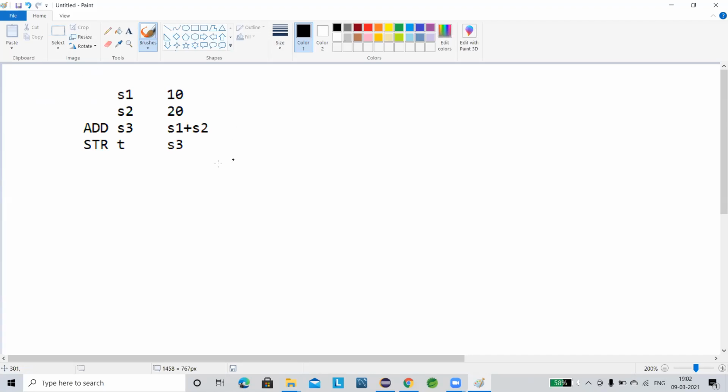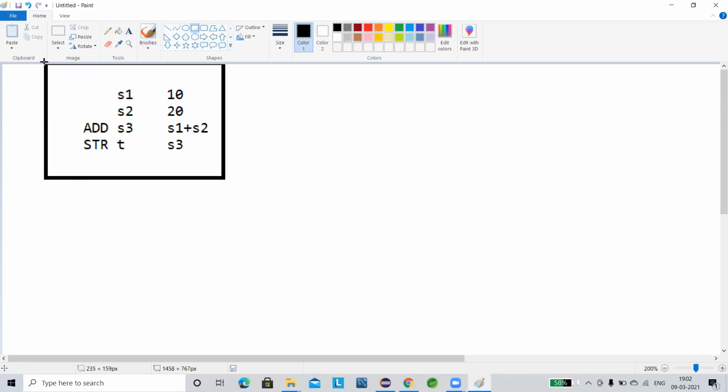Into S3 we basically wanted to store the data of S1 and S2. Sorry, in the third line I wanted to add the data S1 and S2, and in the last line I had to store it into a temporary variable, and later you can write some memory operation. There are several steps you can provide for the save operation. So this is the lower level language representation. A programmer has to remember all the commands and all the steps. The main problem is that it is very difficult to remember each line, and very difficult to perform the logical operation here.